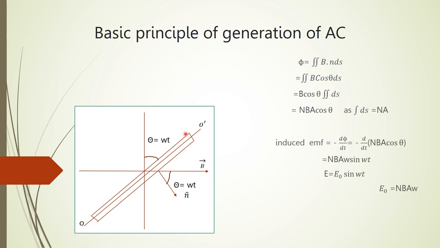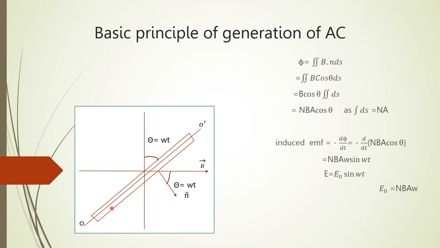When a coil rotates in a uniform magnetic field B, associated flux changes and induced EMF is generated according to Faraday's law of electromagnetic induction. Thus, the rotation of coil, that is the mechanical process, induces EMF, which is the electrical effect. If the process is made continuous, then we can convert mechanical energy continuously into electrical energy.